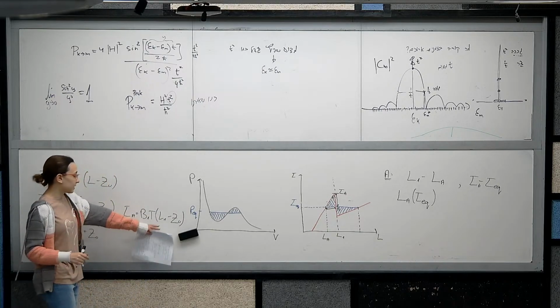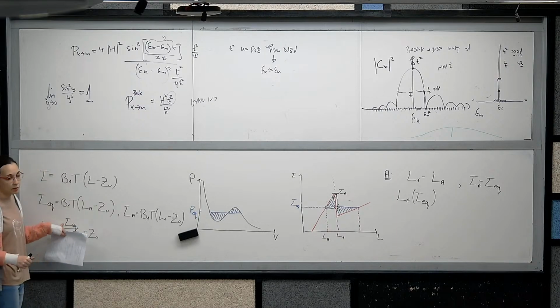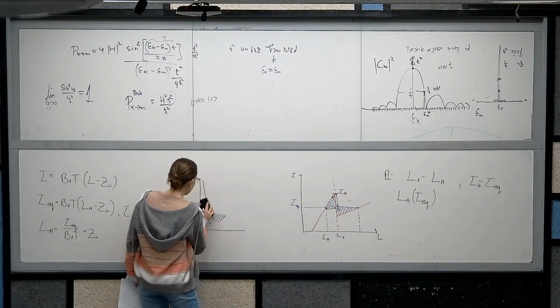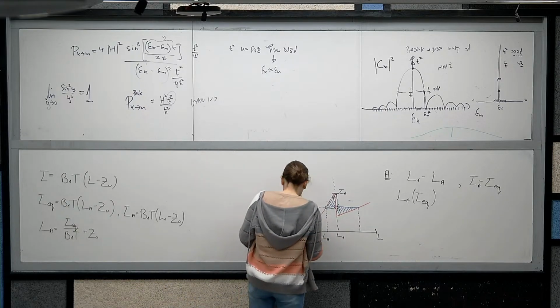Okay, now L1 is given, so we're okay to keep it, and tau equilibrium is what we want to find, so we're okay with keeping it. So for phase A, we get an equation